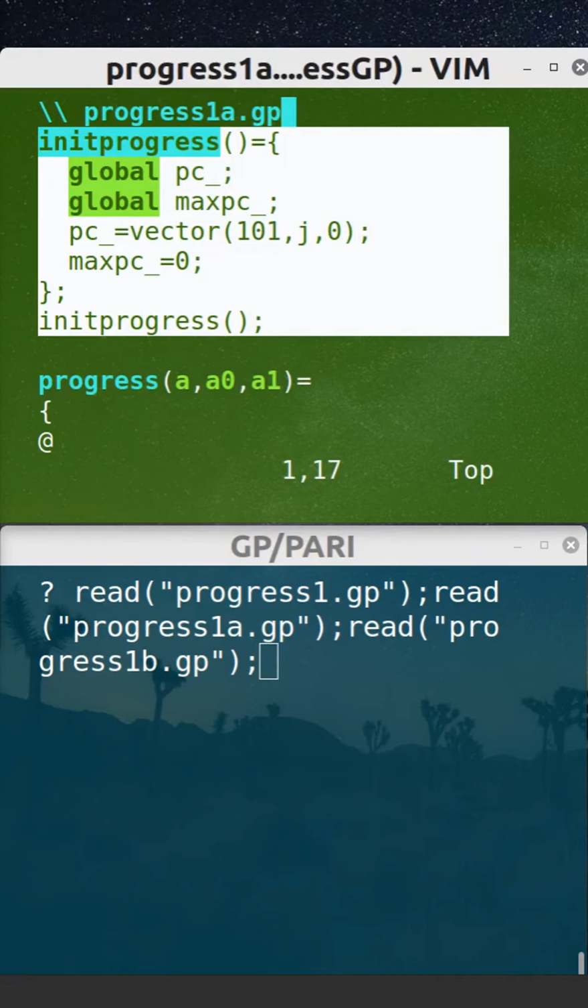PARI does not have persistent variables like MATLAB and Octave, so any memory would need global variables in a separate initialization function, as shown here. This allows for updating the progress percentage only once every 1% complete. To make it more robust, we add a percentile indicator array and a means to reset the progress indicator state,